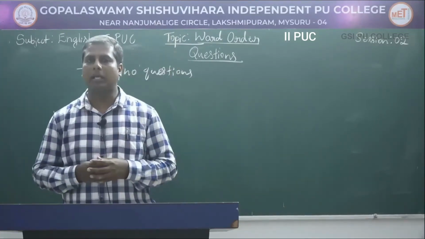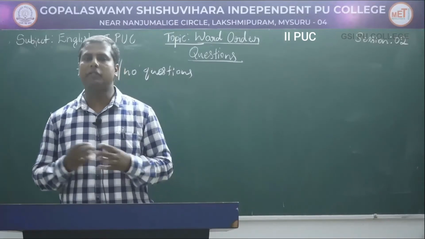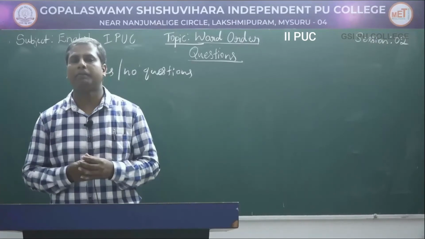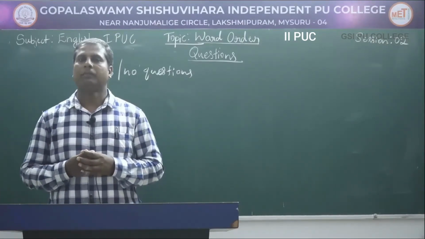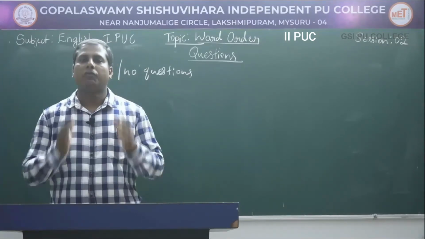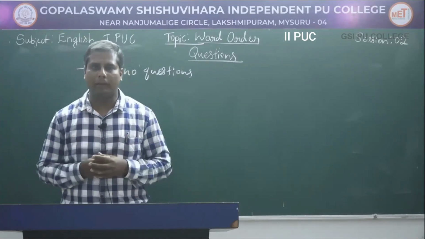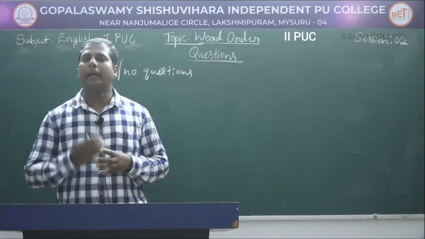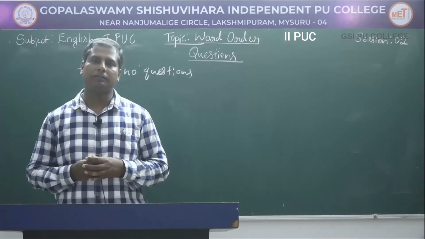When a sentence does not contain any of these modal auxiliary verbs or primary auxiliary verbs, then the question can be formed by placing the appropriate form of the supporting auxiliary verb do before the subject, followed by the base form of the main verb. For example, does he enjoy tennis? Do they play a lot? Did she complete her homework?